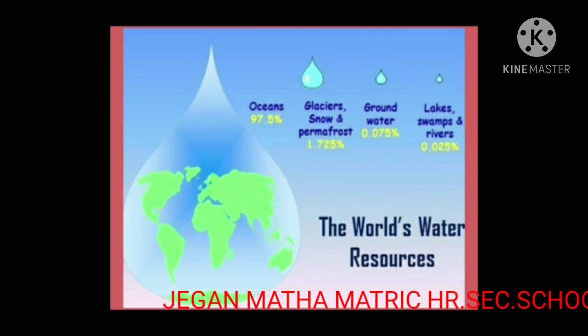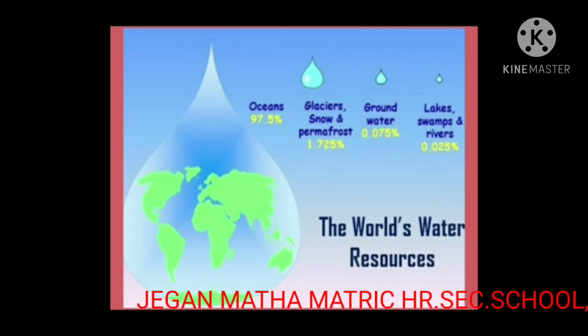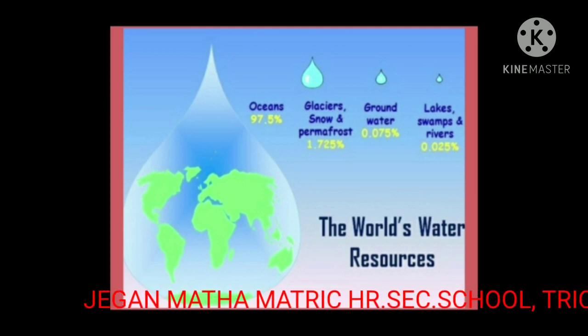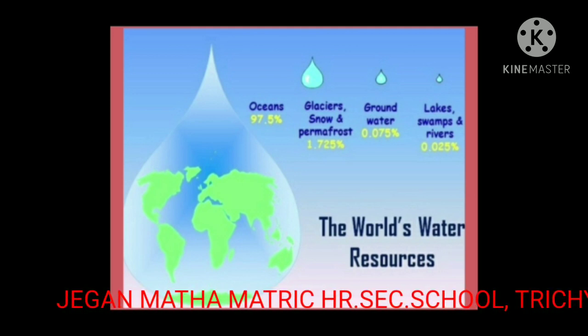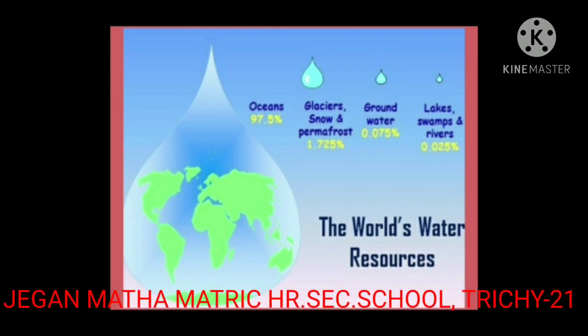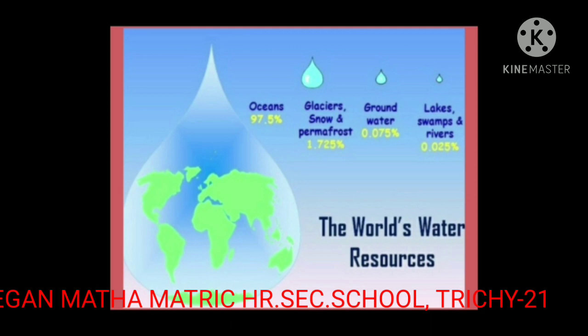Our main sources of water for drinking, washing, agriculture and industry are surface water, groundwater and collected rainwater, all of which are dependent on rain and snow falling on the earth's surface.